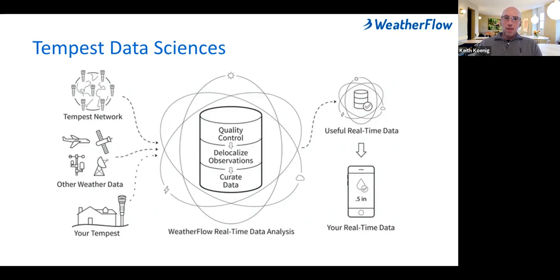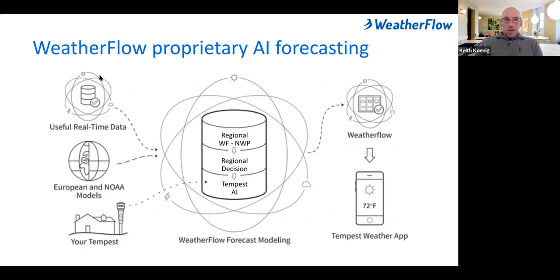So if you look at the top right of this screen, you see a broad catch-all term, useful real-time data. We actually use that curated mass of data as the input for the next slide here. As the input into our proprietary forecasting system, we take that mass of data, the billion observations from a bunch of disparate sources, curated and normalized. We also look at, I believe we are running operationally, 9 different global and mesoscale models.